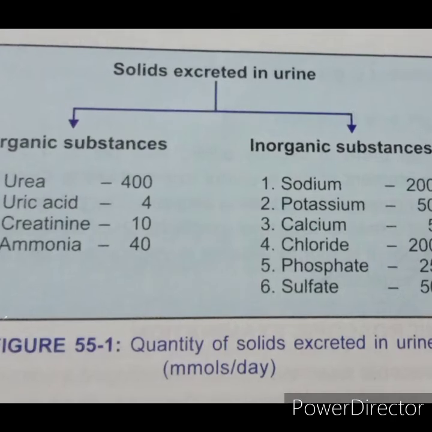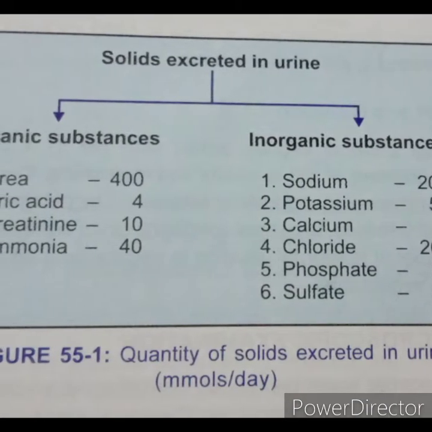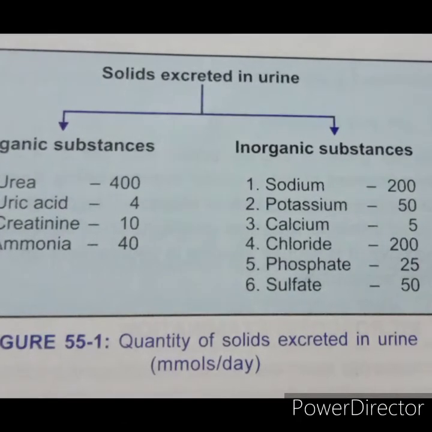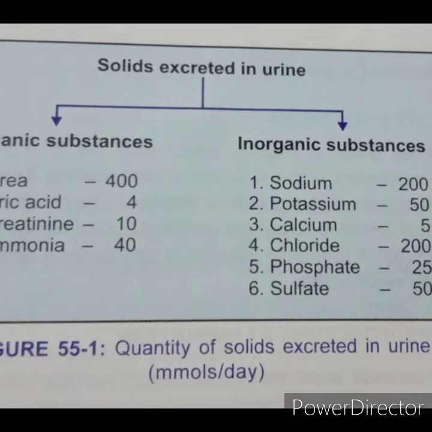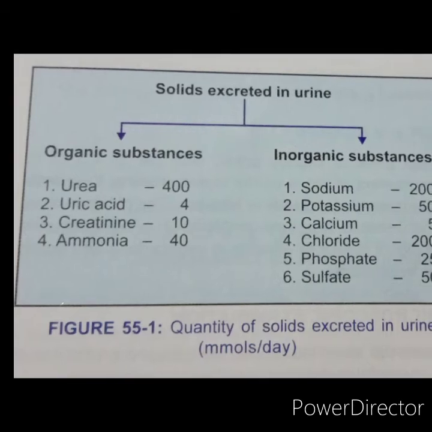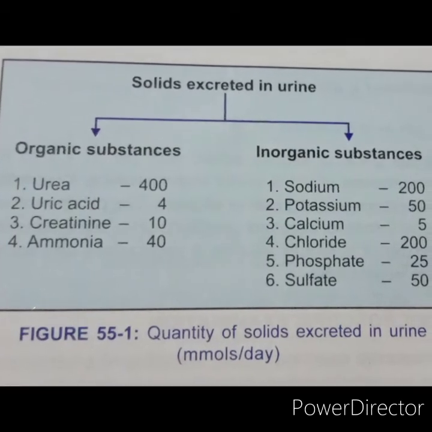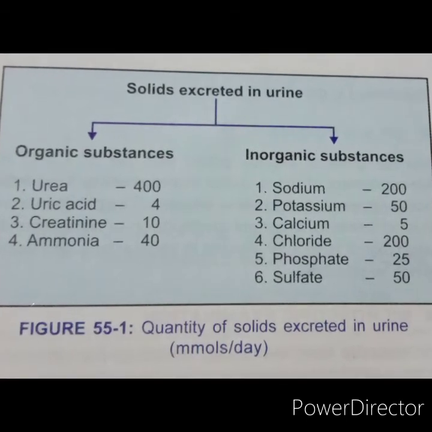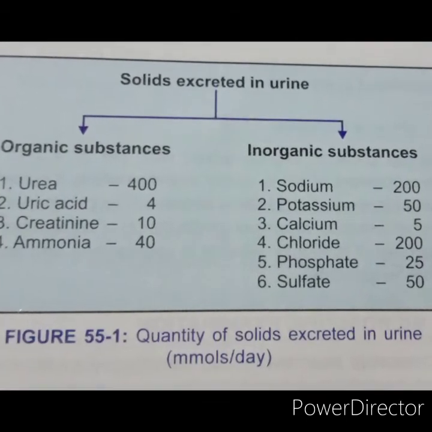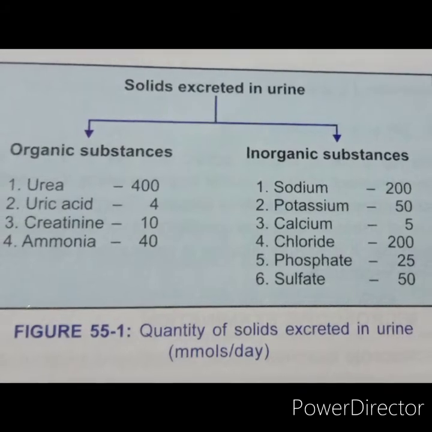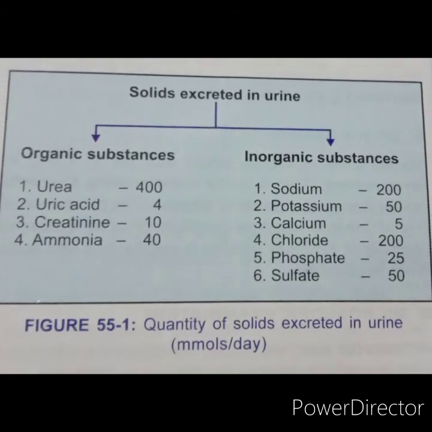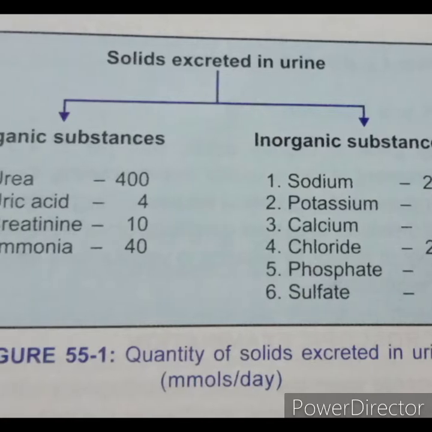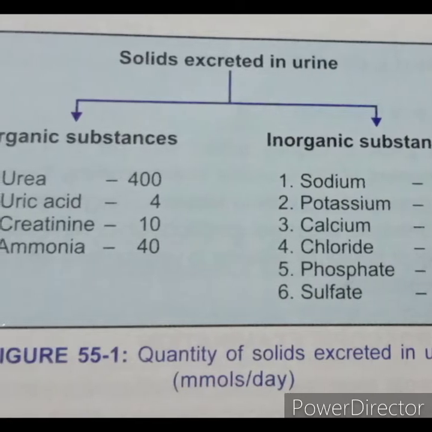Creatinine clearance is also used to measure GFR accurately. It is easier than inulin clearance because creatinine is already present in body fluids and its plasma concentration is steady throughout the day. It is completely filtered and being a metabolite, it is neither reabsorbed nor secreted. The normal value of GFR by this method is approximately the same as determined by inulin clearance.